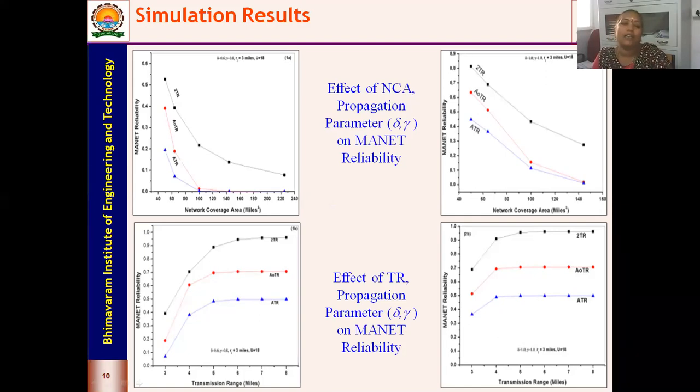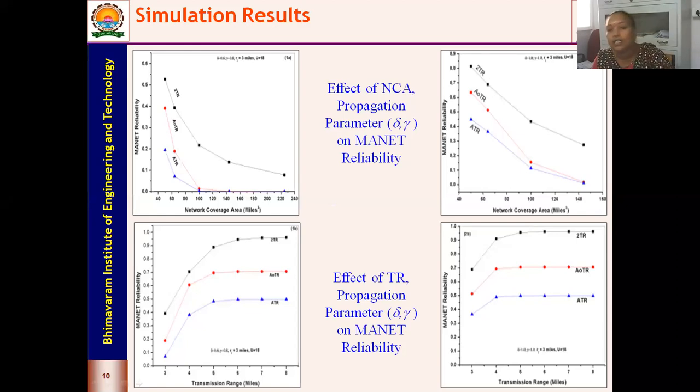As I said in your previous sessions, at smaller distances, your 18 nodes will be densely populated. The same 18 nodes, when I go into longer distances, will be sparsely populated. So at shorter distances, you have more connectivity.